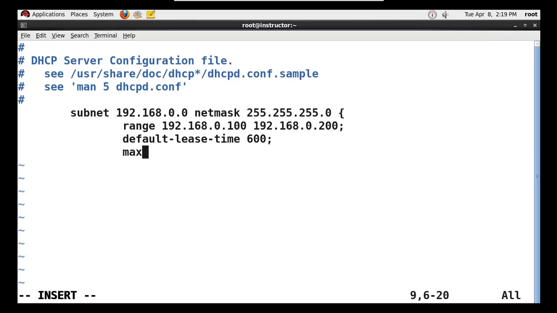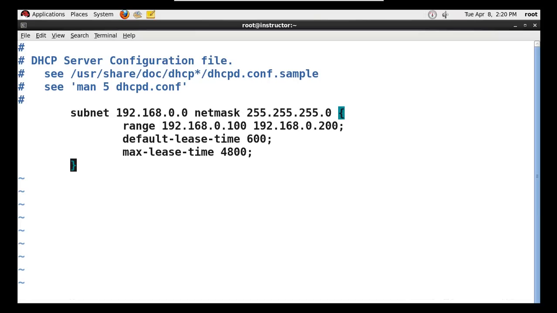And the max lease time I am specifying 4800 seconds. This information is enough for minimal DHCP server configuration.